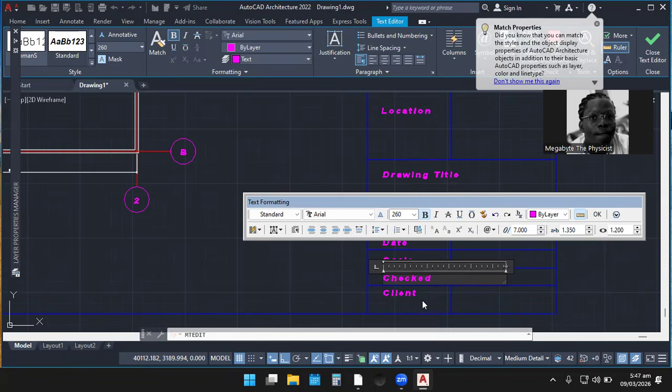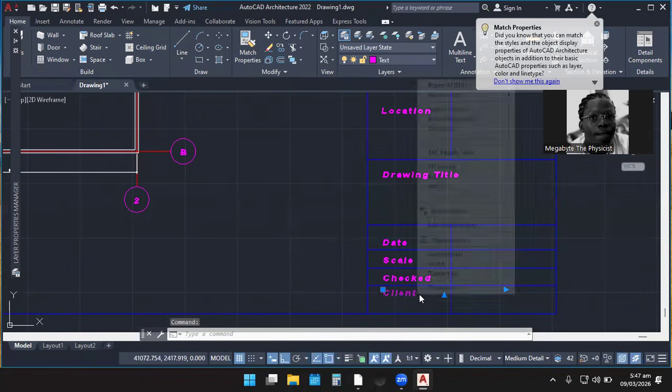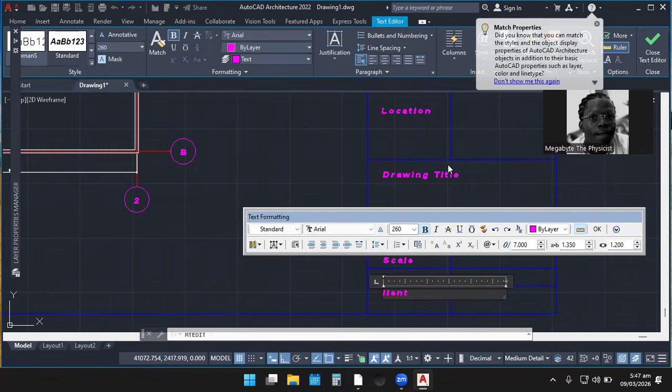So that is it. And then what other information can we add? We can add a drawing number. Okay, so let's add a drawing number. The drawing number.